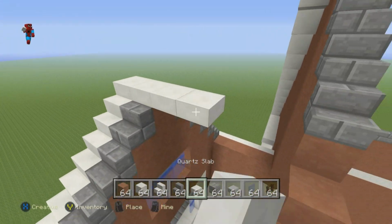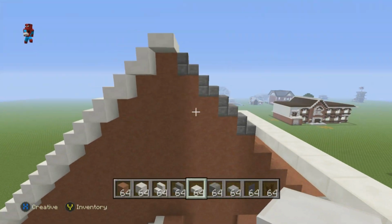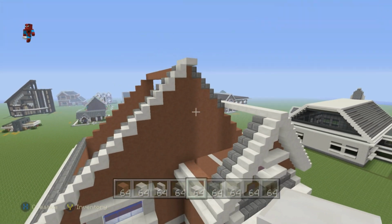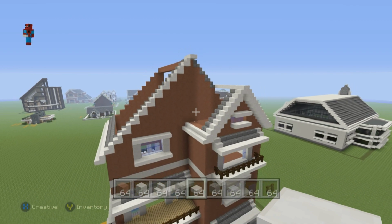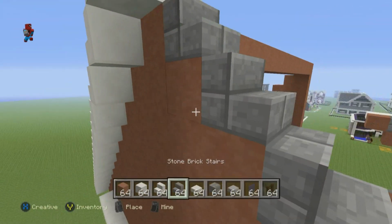So if we extend the quartz slabs backwards like this, you can see where the roof is actually going to connect like that. You can see that we have a big part of the roof, and we have the small part of the roof coming outwards. So I'm going to place